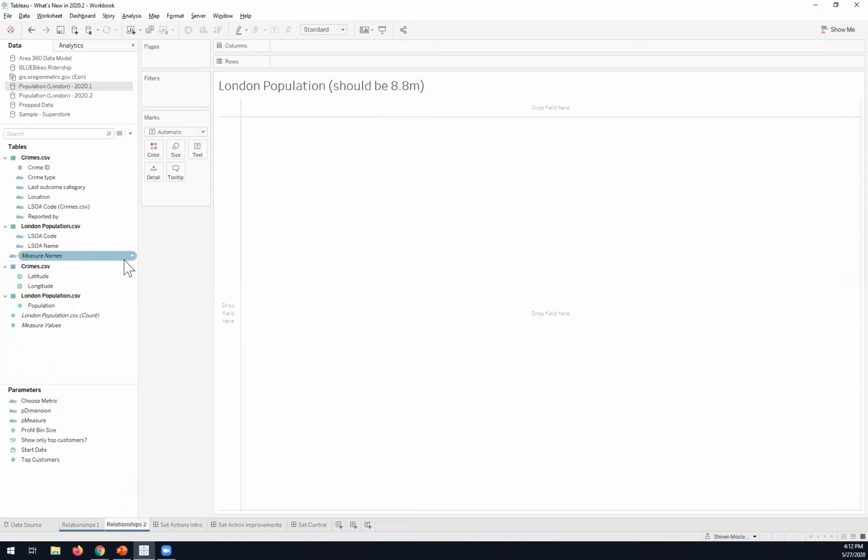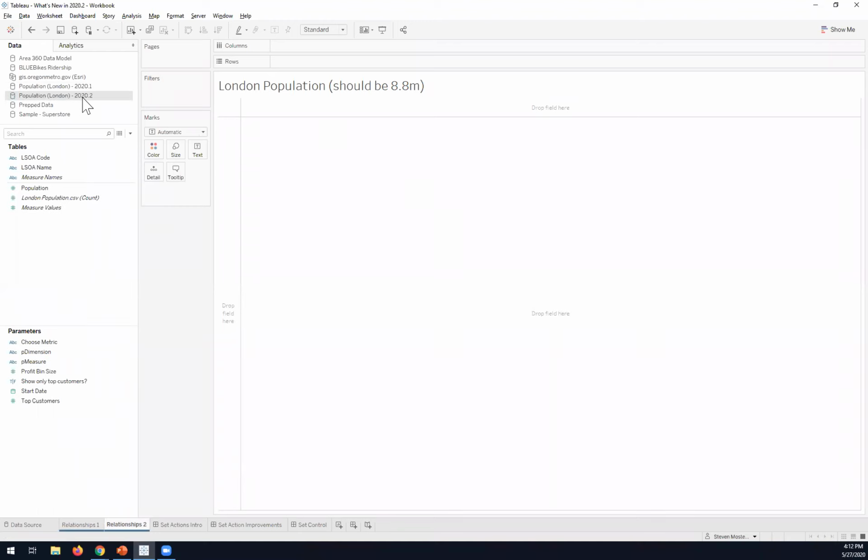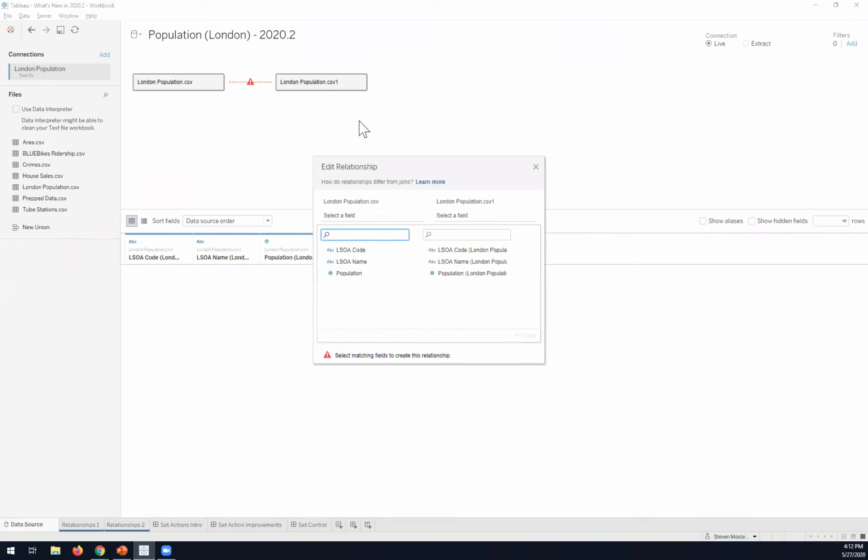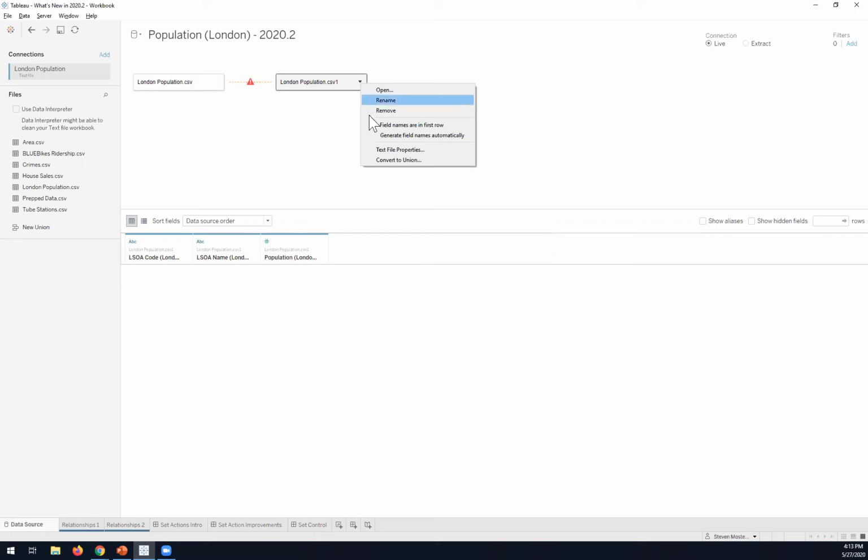But if I were to go out to my data source in 20.2 and bring in the London population, although actually the London population is already there, now I'm going to join this. Oops, hold on, let me remove this because I messed this up.